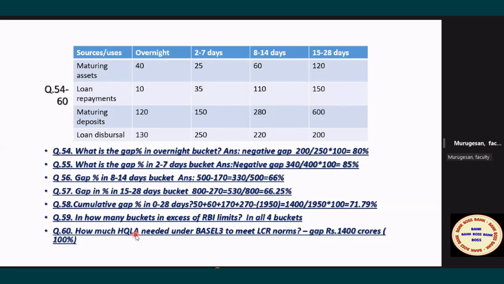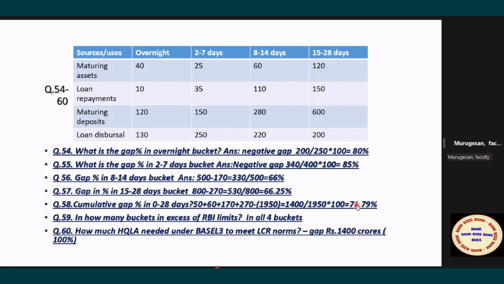You have to group that as high quality liquid assets. Absolutely without any difficulty, we should be able to convert those assets into cash to meet our emergent outflows. The negative gap will damage us if it is not tackled. So that is why Basel III advocates you should have HQLA at least to meet the expected outflow. The expected outflow is 1400. So your high quality liquid assets should be at least equal to the cumulative negative gap in the